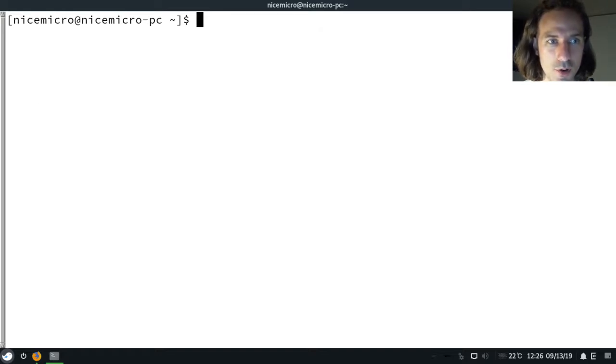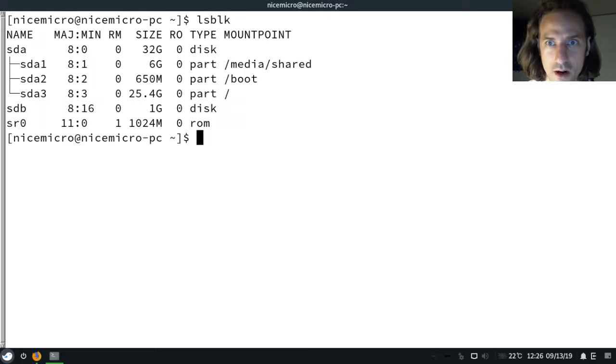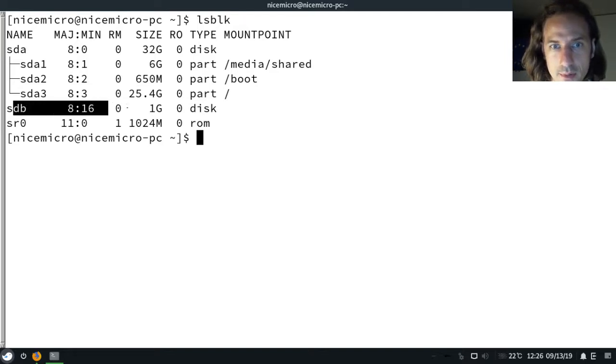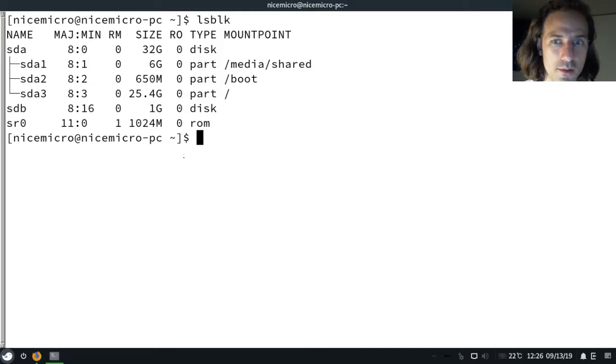So what we're going to do first is check our lsblk, so list our block devices, and you can see that the SDB has arrived here. We added this to the virtual machine. Maybe you have a separate hard drive in your computer, or a separate partition. Anyway, we will first have to do something with this to create a partition. SDB,